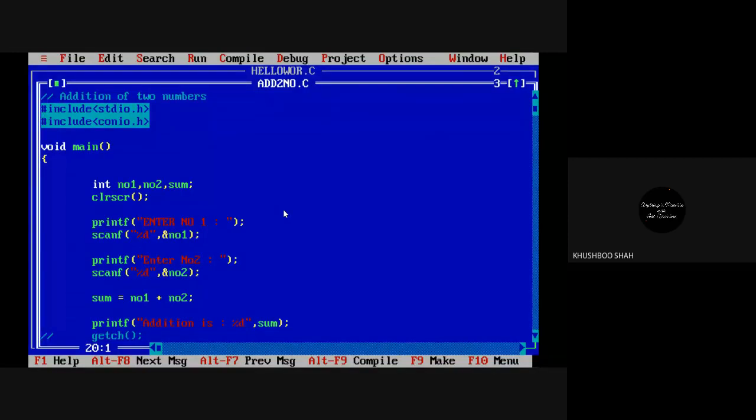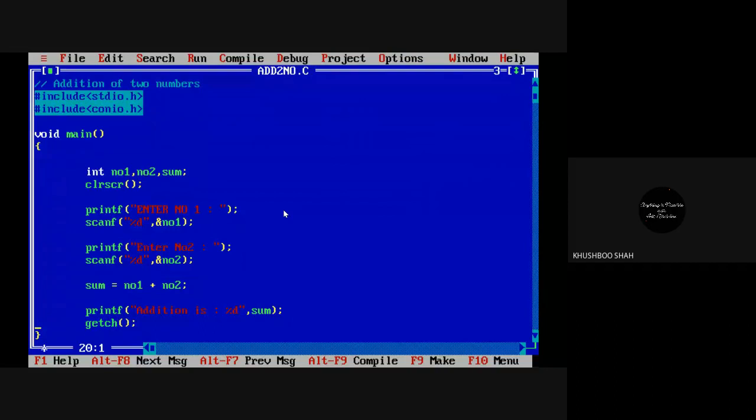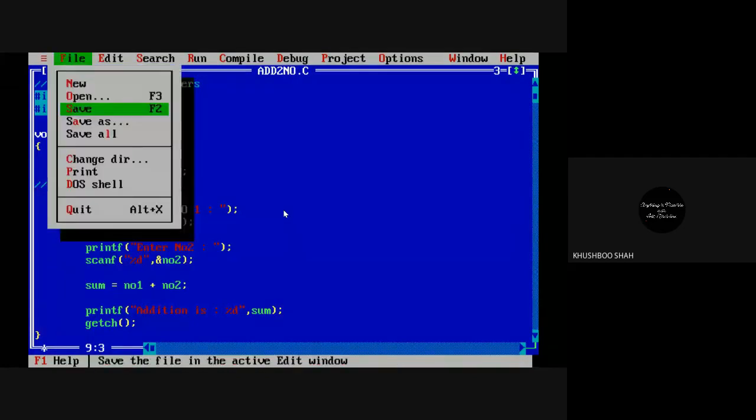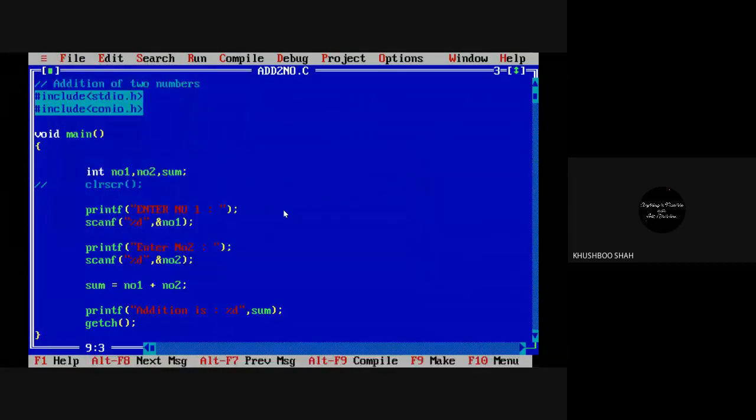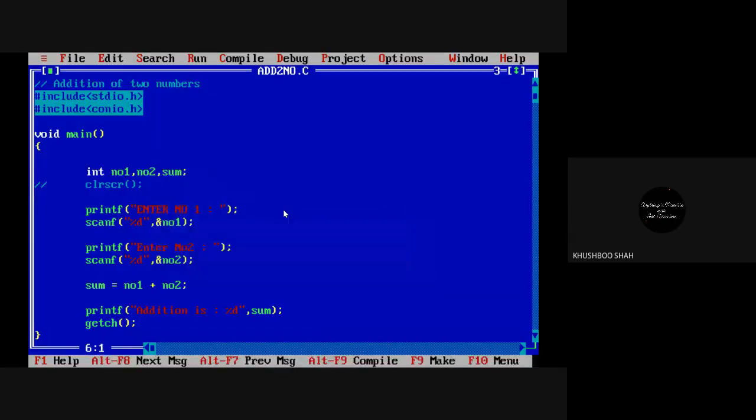But see, if I remove it, now let's check again. And I'm removing the clear screen just to check the previous output. Save, compile, and run. Oh, the output was there, but I was not able to see it. The reason is when I don't write getch, it will not hold the screen.